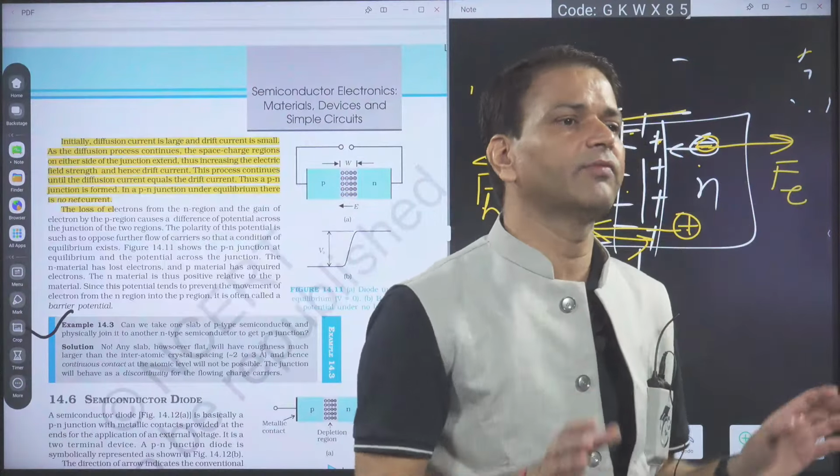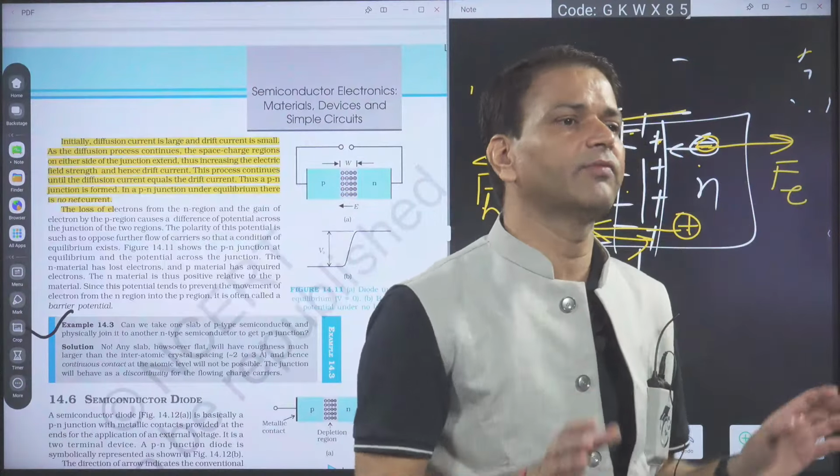Okay, first I will go to the reverse bias. In reverse bias, what will happen? This polarity will get reversed. P is connected at low potential and N is connected at higher potential. Then the external field is in this direction and the internal field is also in the same direction. Means the majority carriers will be opposed. Only minority carriers will flow, and minority concentration is very less. So current will be very small, of the order of microampere.